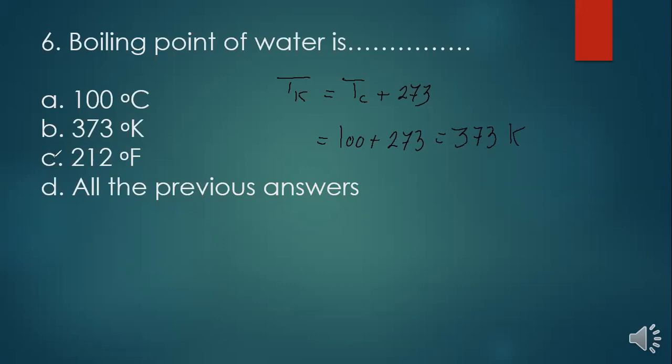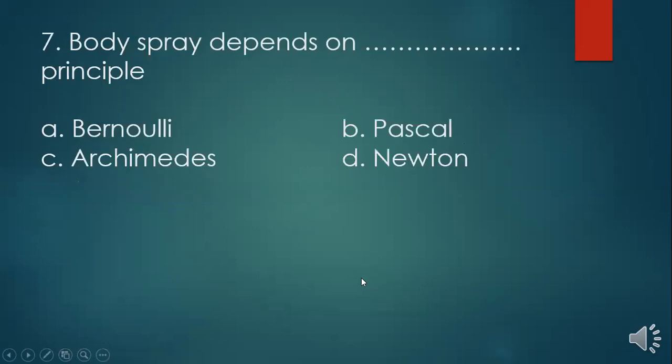What about choice C? Well, you don't know whether choice C is right or wrong, right? But the point here is there is a choice D that says all the previous answers, right? So since A is correct and B is correct, the choice here is D. Even if you're not sure of the answer, two choices out of three are correct, so D is most likely to be the answer, right? So it's all of the previous answers.